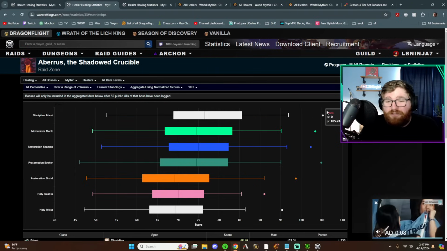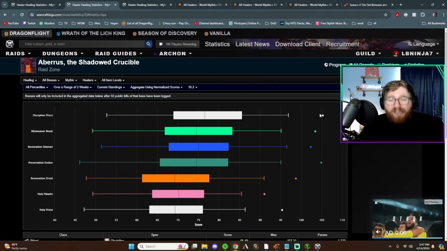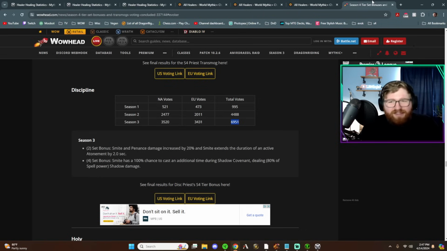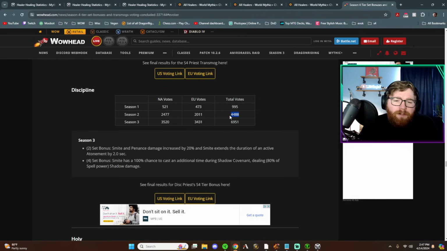But in Season 2, they were head and shoulders above everything else because their Season 2 tier set made their Power Word Radiance instant cast. Cost less mana, instant cast. It was really awesome. Made the ramps feel very fluid, but it didn't really have that much of an application in Mythic Plus other than allowing you to cast it on the move, I guess, which is really good in Mythic Plus if you're having to move for a mechanic and need AoE healing. Having a charge saved up of their Season 2 tier set was nice, but once again, their Season 3 tier